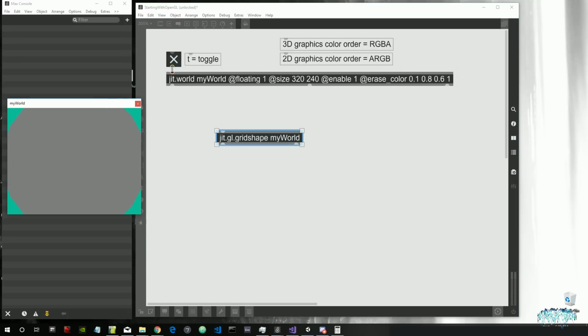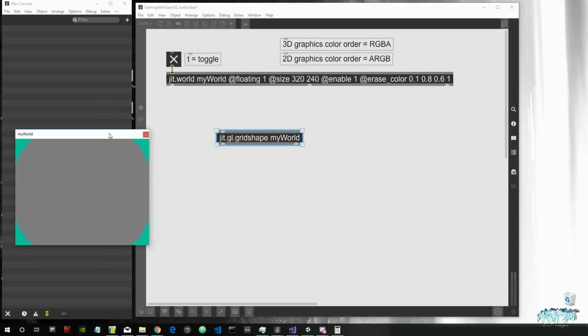So here we have our first three-dimensional shape. It's actually a sphere, even if it doesn't really look like one. And this means that by default the gl grid shape gives us a sphere object. It actually can give us also some other objects, we will see this in a second, but by default it's a sphere. Now, it doesn't really look like a sphere because we don't have any lighting activated for this object,